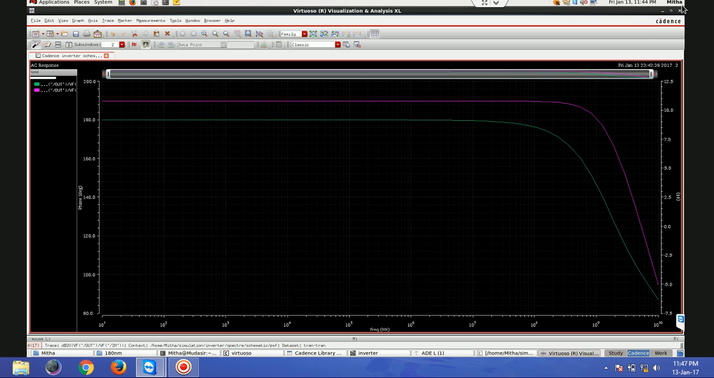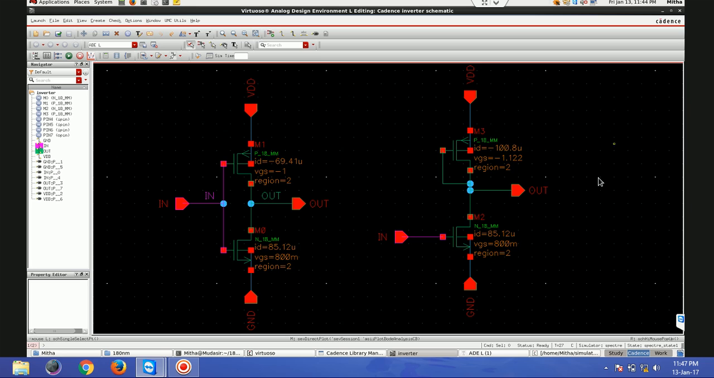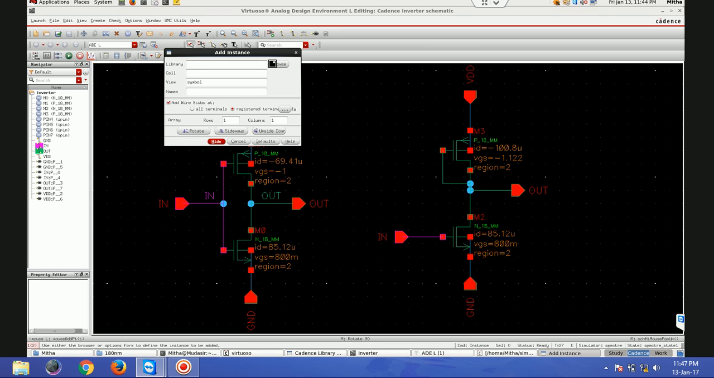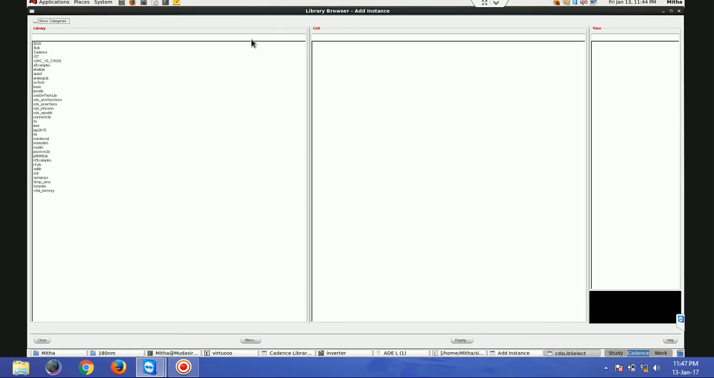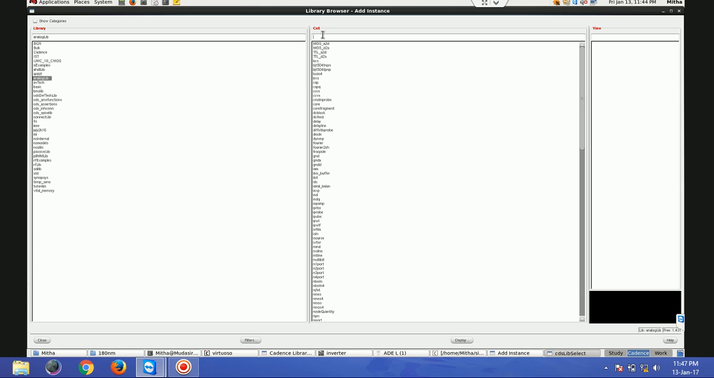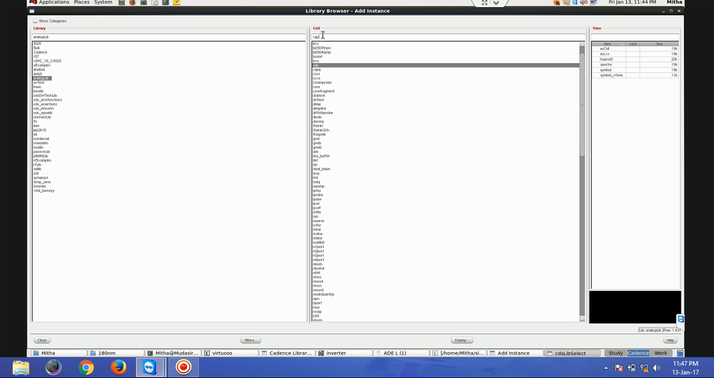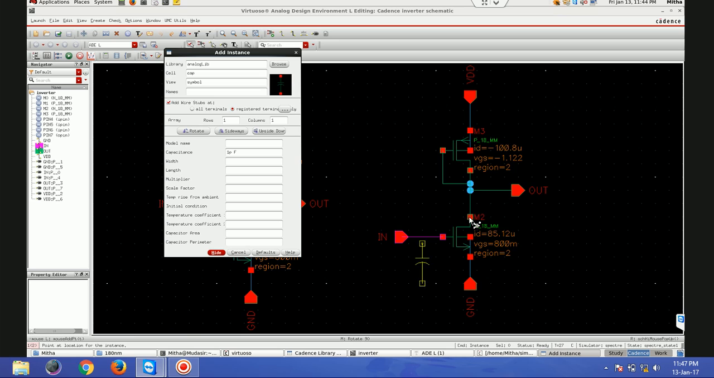So like that. Now one more thing I want to do is, I just want to put one load capacitor, so that the bandwidth will be decreased. So I'll go here and I'll press unlock lib, analog lib, cap, symbol. Oh, by mistake, I took 2 picofarads. Okay,